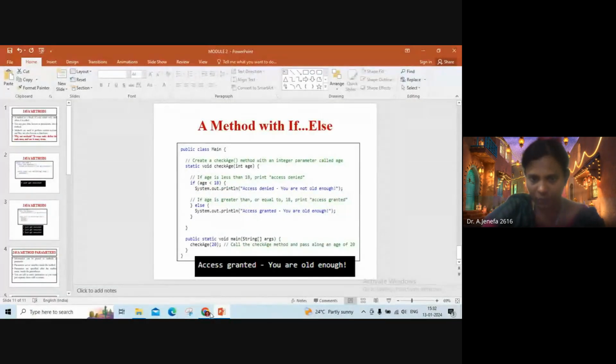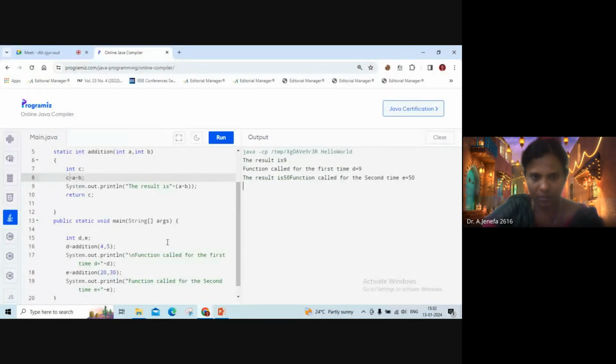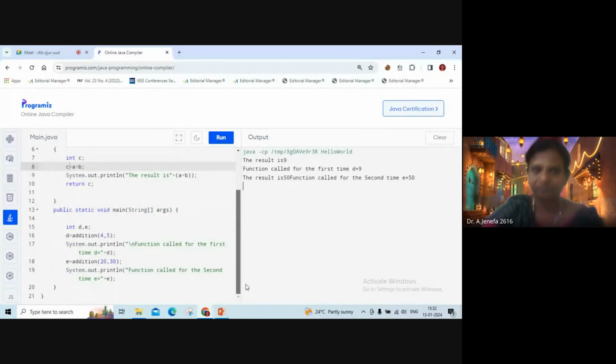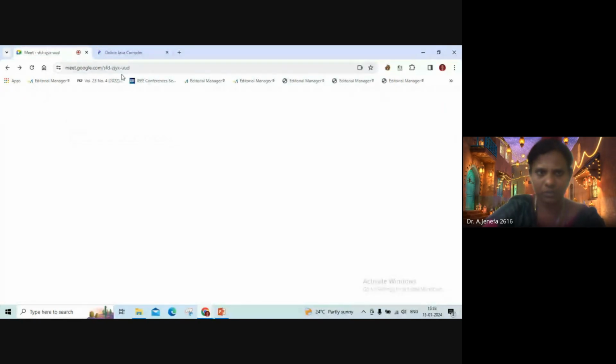So this is all about how we can use functions, how we can write code for functions in Java. Hope you understand all these things. You can also use an online compiler to run all your Java code, or else use Eclipse to run your